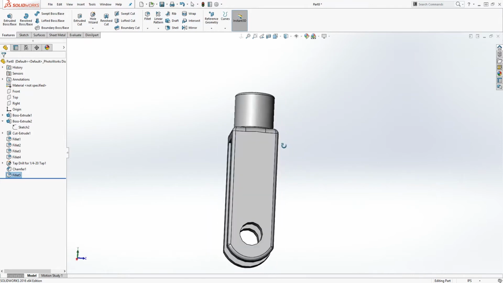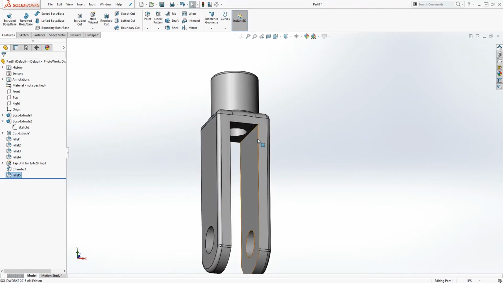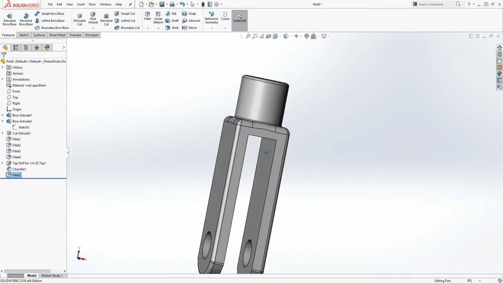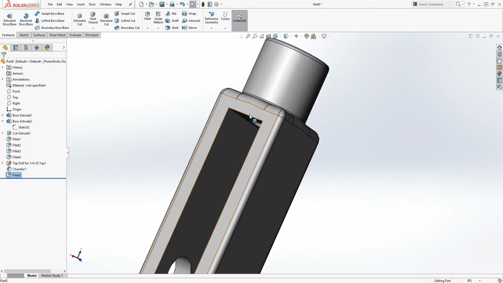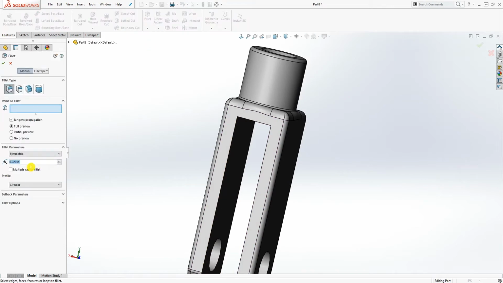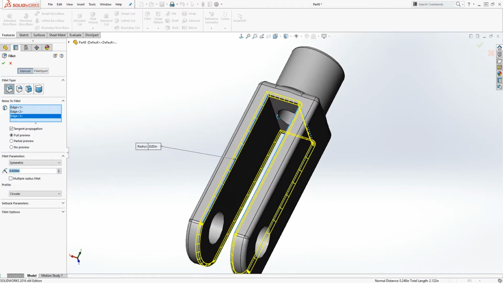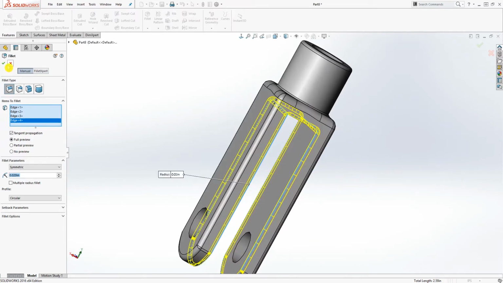So this part is done, and that is it. If you want to, you can add more fillets to it, because in real life there isn't any part that is this sharp, but I'm just going by the model that was sent to me. Someone wanted me to model it for them to teach them how to do it. So on this edge, you can just apply a small fillet to it. It wouldn't hurt anything. Like all this edge, because I really don't like keeping sharp edges, especially if you want to render this. It's better to just add fillets to it. Yeah, so something like that, and click OK